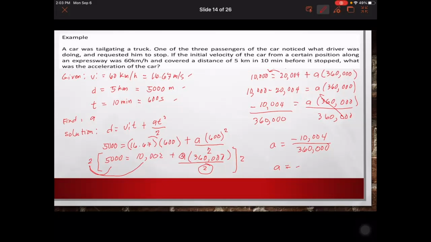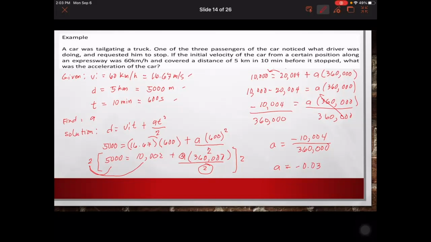No way, anong sagot? Sir, wait ka. Divide lang. Ano ba? O, Marius. What's the answer? 0.03 po. Negative 0.03. Ito. Negative